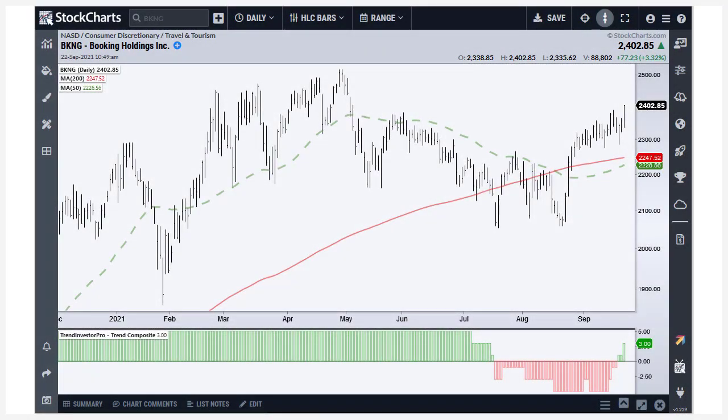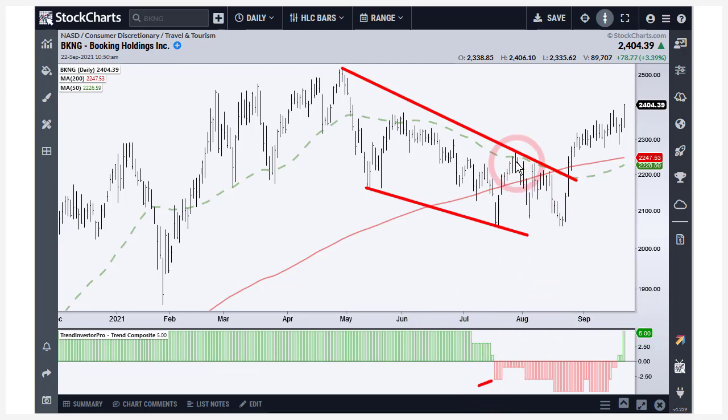So here's a chart of Booking.com, and we can see that there was a big decline from April into August, and it formed a big falling wedge. And what's interesting is you have this big advance here, and you have a pretty long correction. This was a long correction, 1, 2, 3, 4 months,